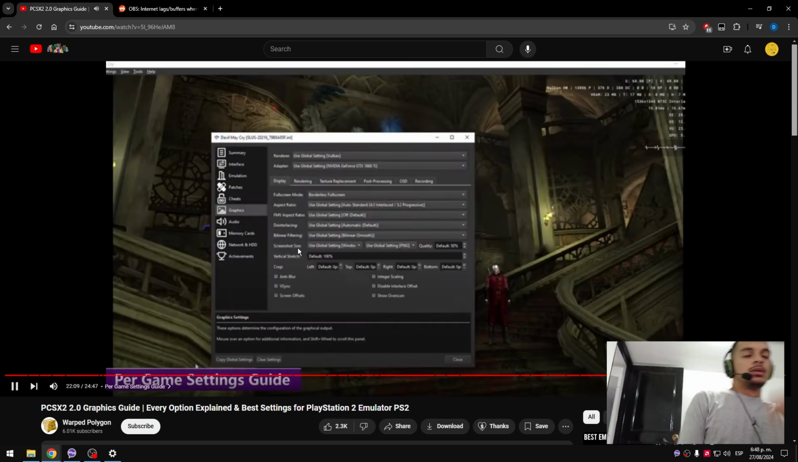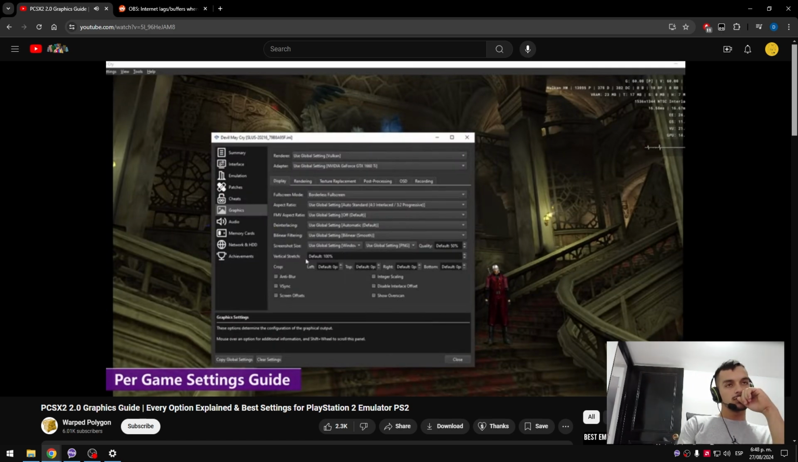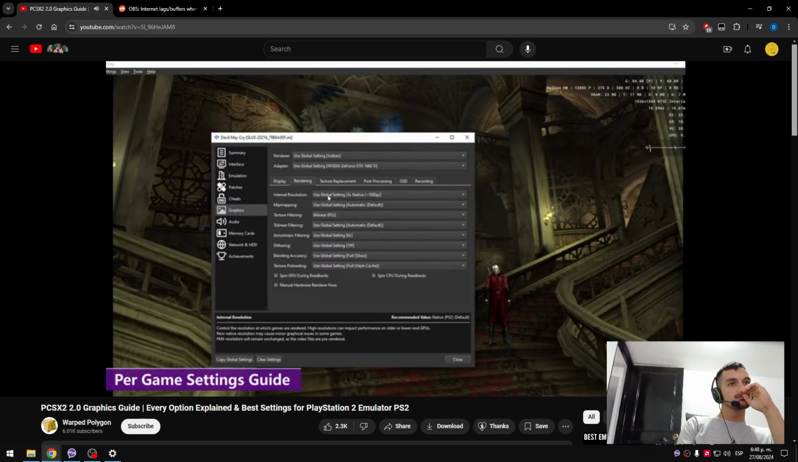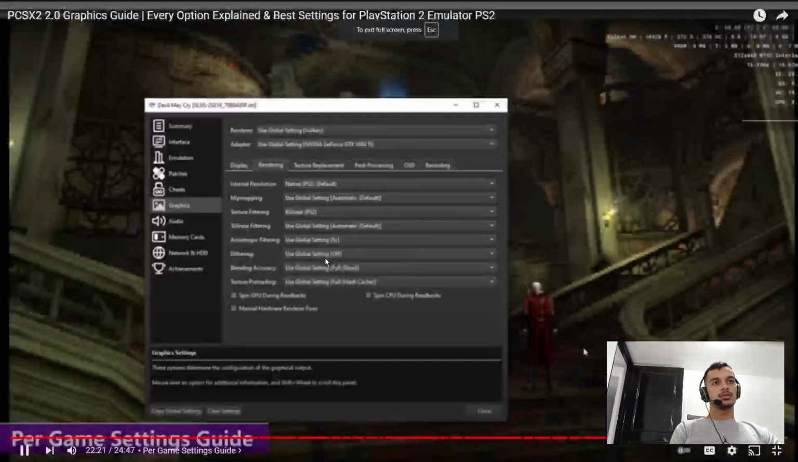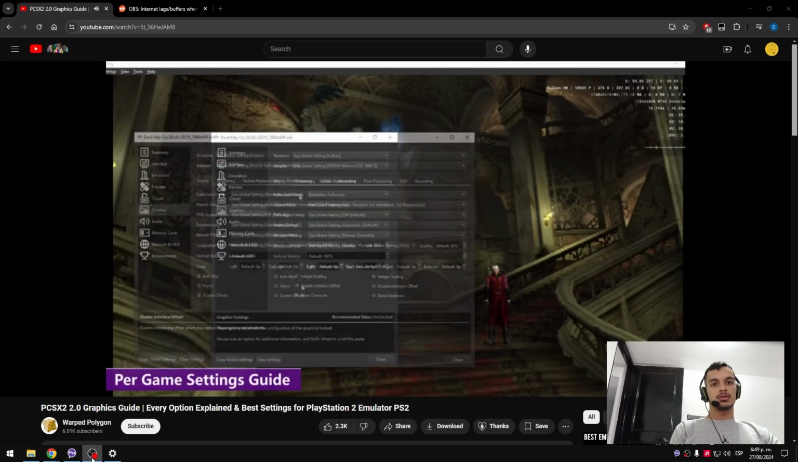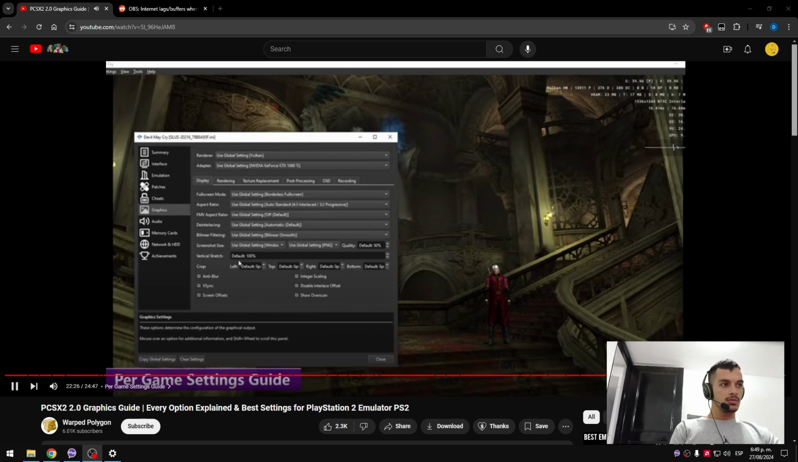So from here, you can change any of these settings to your heart's content and it will be updated immediately. So let's go over to rendering. Let's change the internal resolution down to 1x. You can see it's updated straight away. And that will happen for all of these settings. So I fully recommend that you play around with these settings to figure out what you like and what you